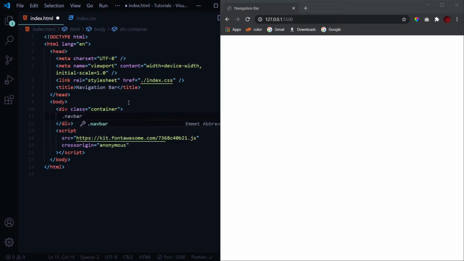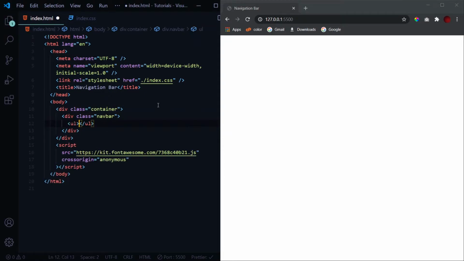Then first we'll have our navbar inside this. So basically what we are going to do is we'll define two navbars for different modes. Like for desktop and tablet modes, we will define a normal navbar that is on the top of the window, which will be for a window of more than 768 pixels in width. But when the window's width will be less than 768 pixels, that is when it will get into the mobile mode, we will remove the navbar from the top of the window and we will have the menu button over here and we will get that animation.